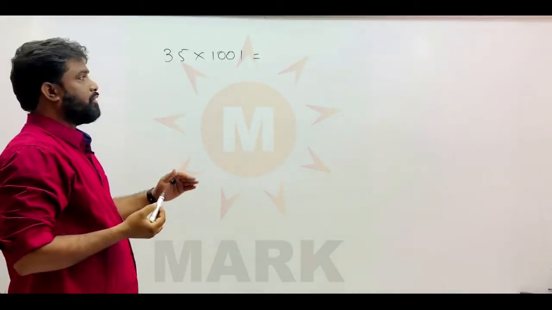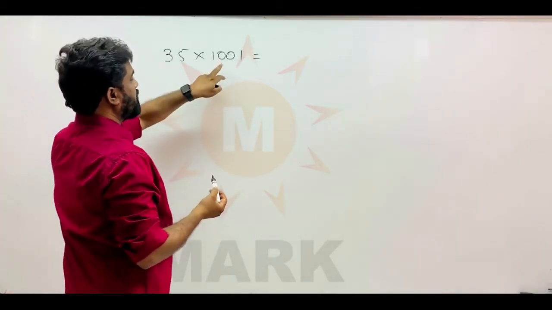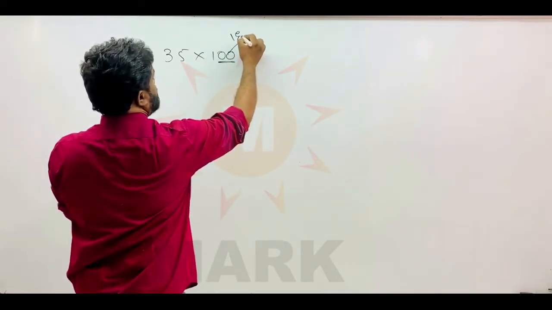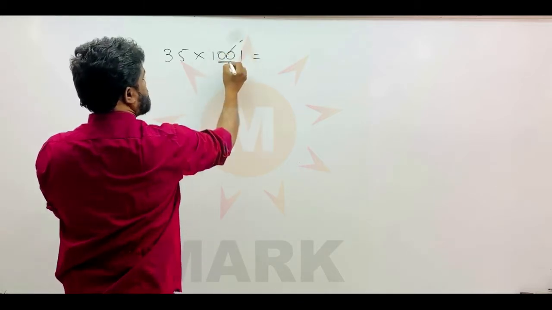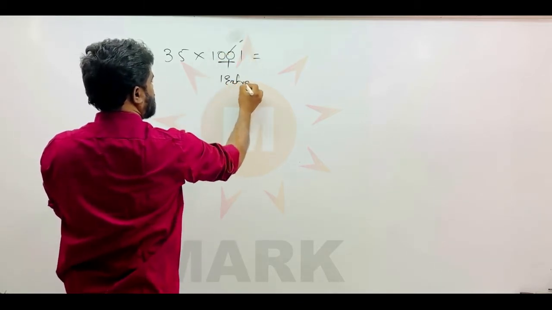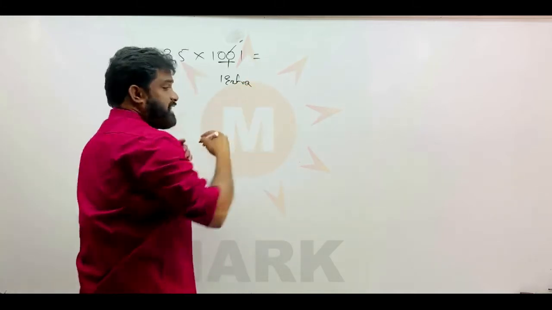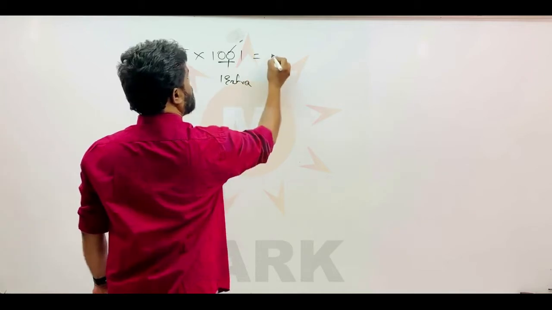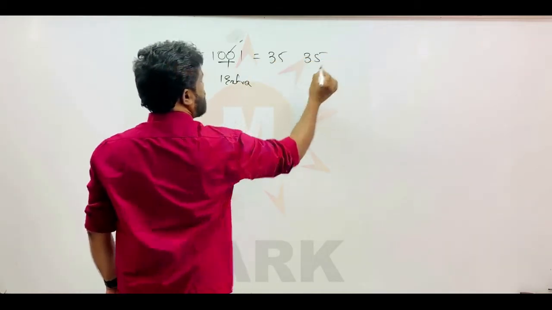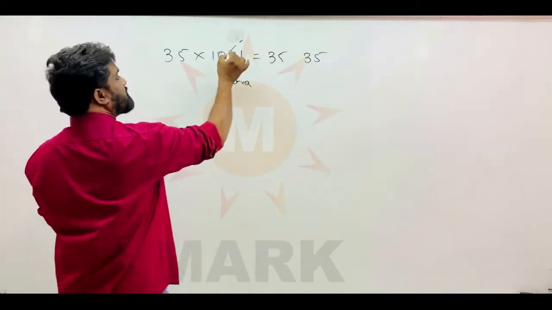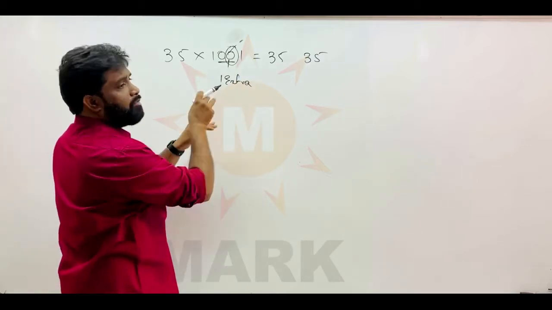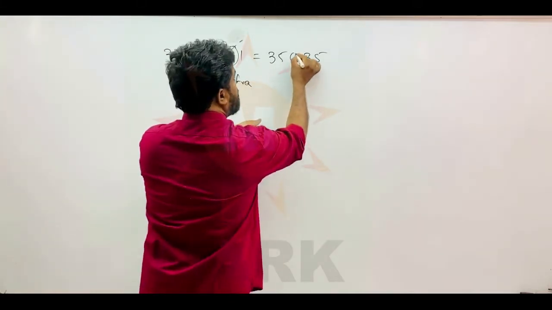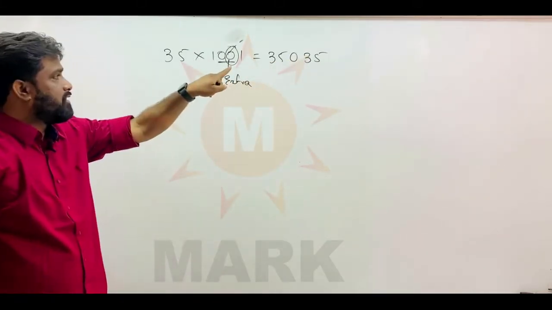Now my dear friends, here you can see instead of 101, in 1001, 2 zeros are coming. That means how many extra zeros? 1 extra 0. So clearly what you have to do, that many times you have to insert zeros in the numbers also. So for 101 actually you get 35, 35, right? How many zeros are inserted in the middle? 1 0 is inserted in the middle. So in the answer also you will insert that many zeros.